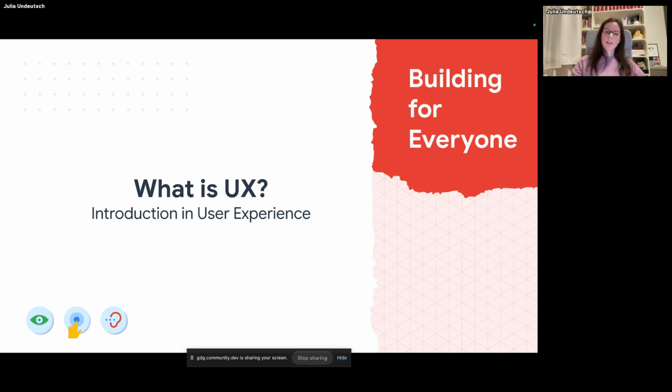So the next point we're going to talk about is, what is user experience? Well, when you're a designer, you may be thinking, okay, why is she explaining what user experience is? Because I know it. I'm a designer, and I'm sure you're doing the very best to create a really good and strong user experience for your customers out there.